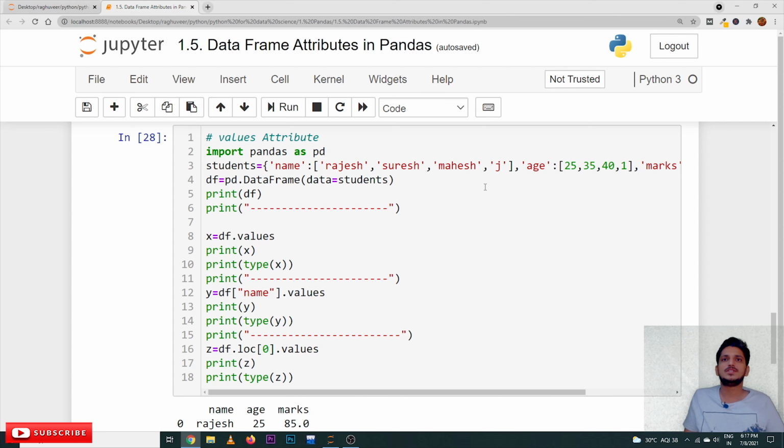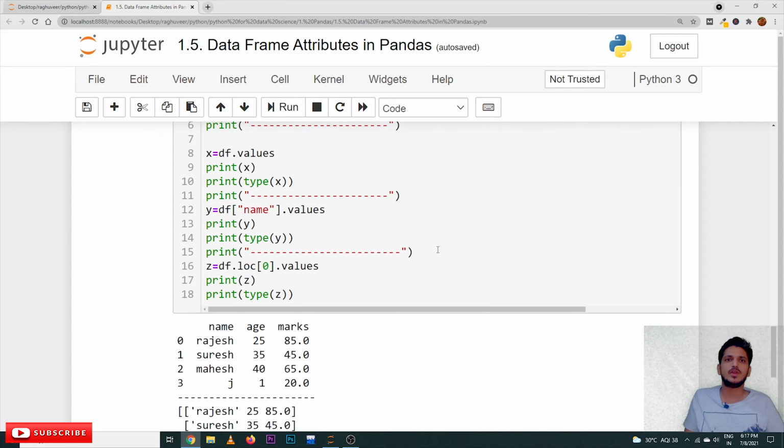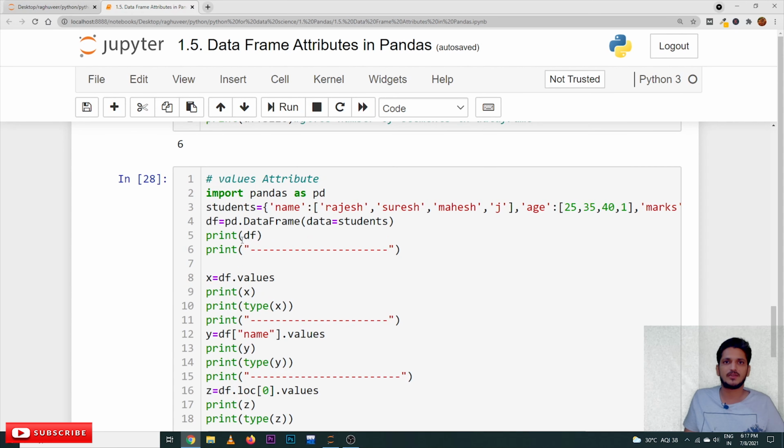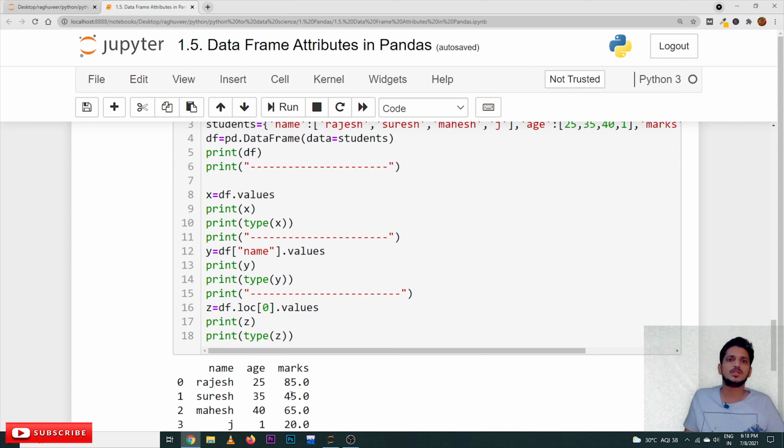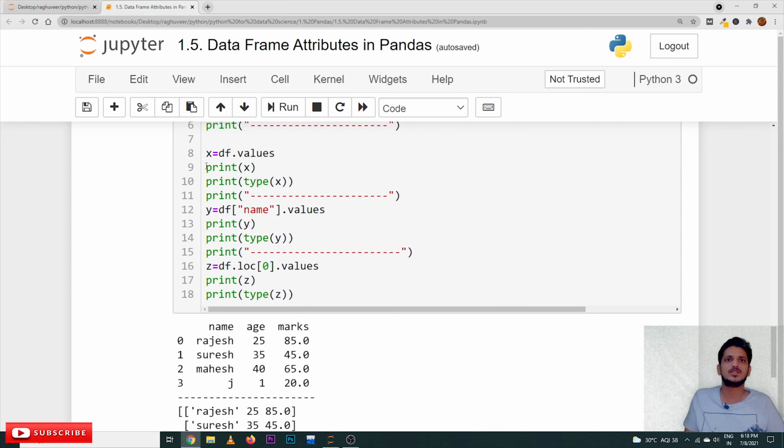Okay, this is the data frame which we considered, with name, age and marks, the previous one which we considered in our first example. We displayed the data frame here, and this is the output. After that we are using x is equal to df.values, meaning display the values of the data frame.